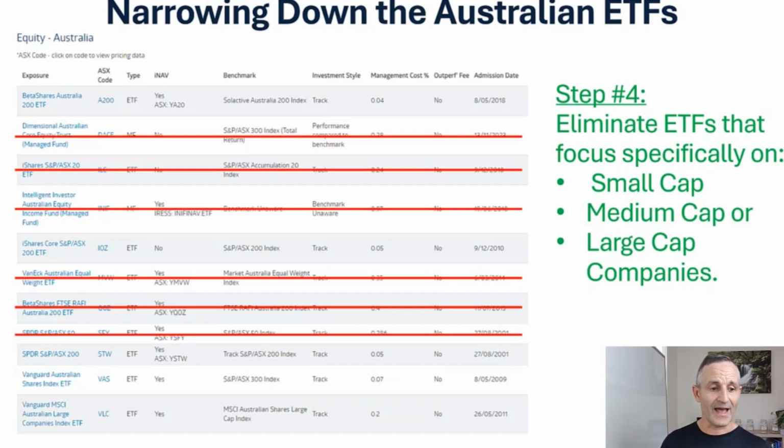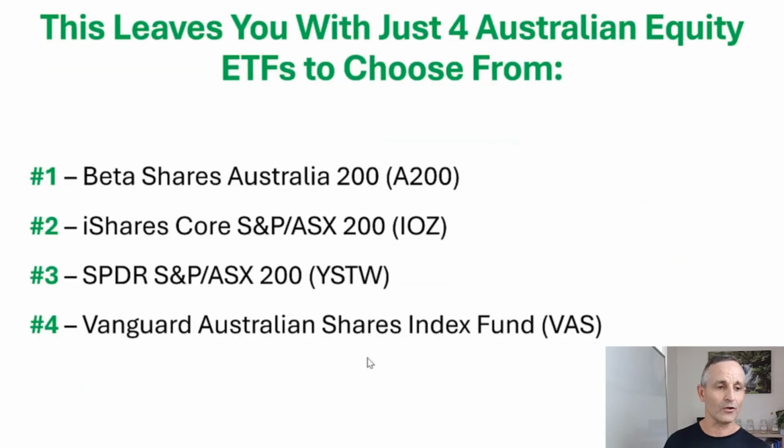So if we have a look at that, we take out that one down the bottom there that's got large cap shares. And that leaves us now with just 4 Australian equity funds to choose from. We've got the Betashares Australian 200. Its code is A200. We've got the iShares Core S&P ASX 200, and we've got the SPDR S&P ASX 200 there,